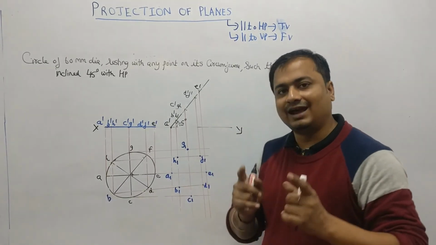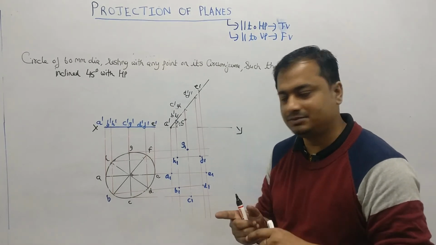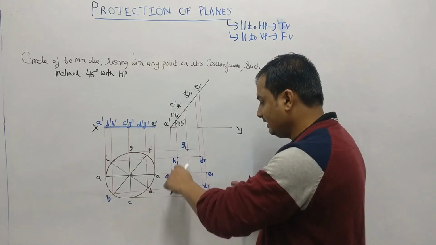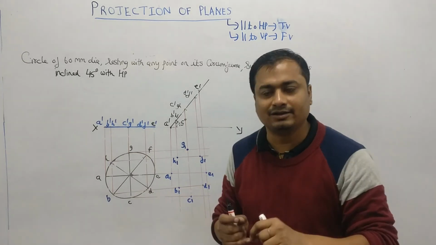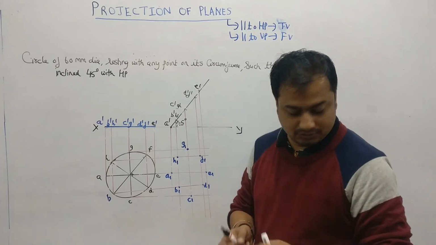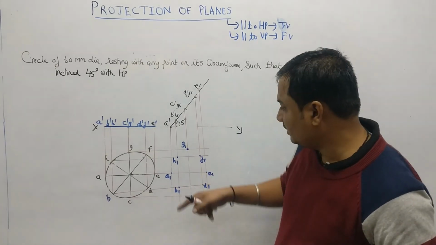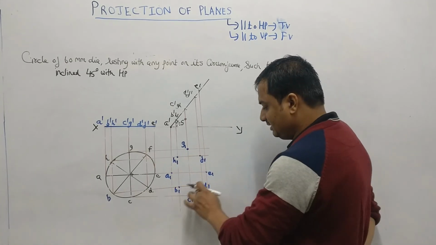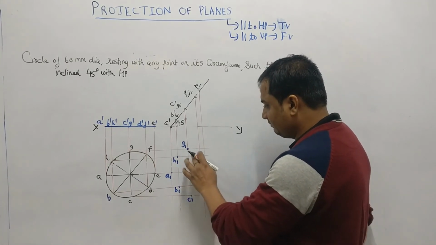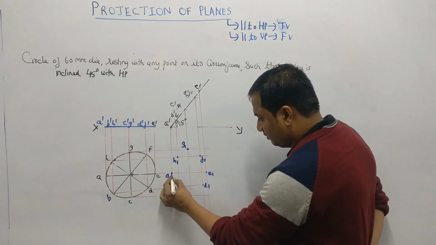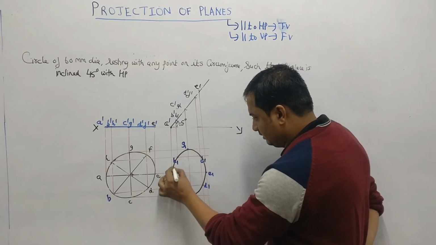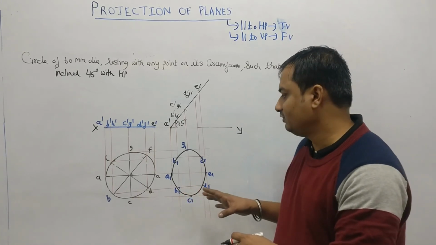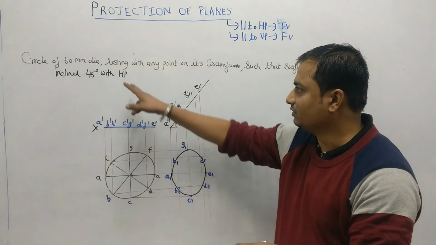For drawing that ellipse, we have done these 8 equal parts for the circle. Here are the 8 points which you have to join in a smooth manner, and you will be getting a perfect ellipse. So clearly you will be getting the points A, B, C, D, A1, B1, C1, D1, E1, F1, G1, H1. You will be joining all of these points, and this is the required ellipse, which will be the final top view for this problem.